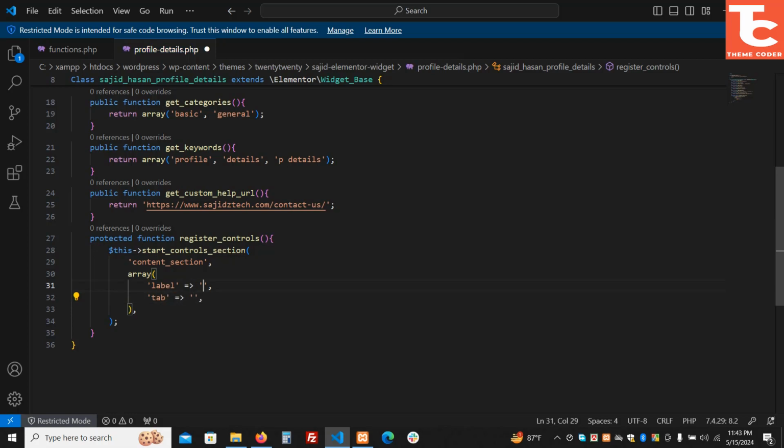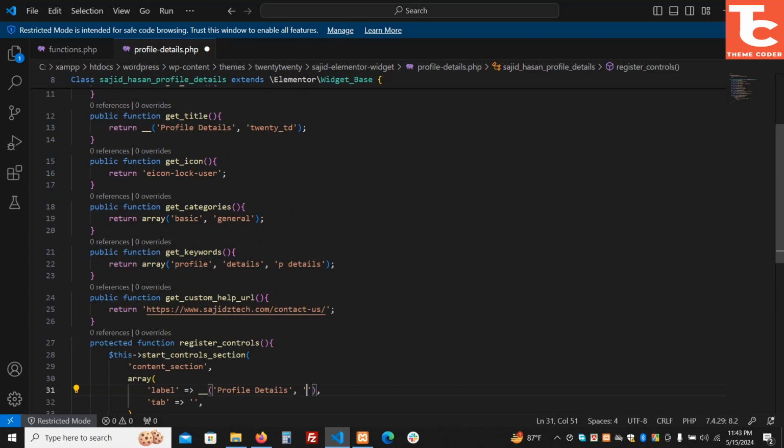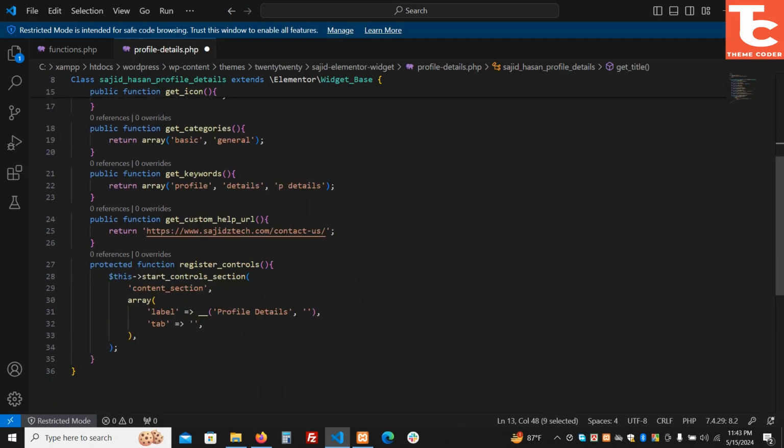So let's start. First of all, what will the label be? In this case we will do it like content or the profile details. This will be a tab, and this will be a translation from here. And the tab, what will the tab be? So in this case /